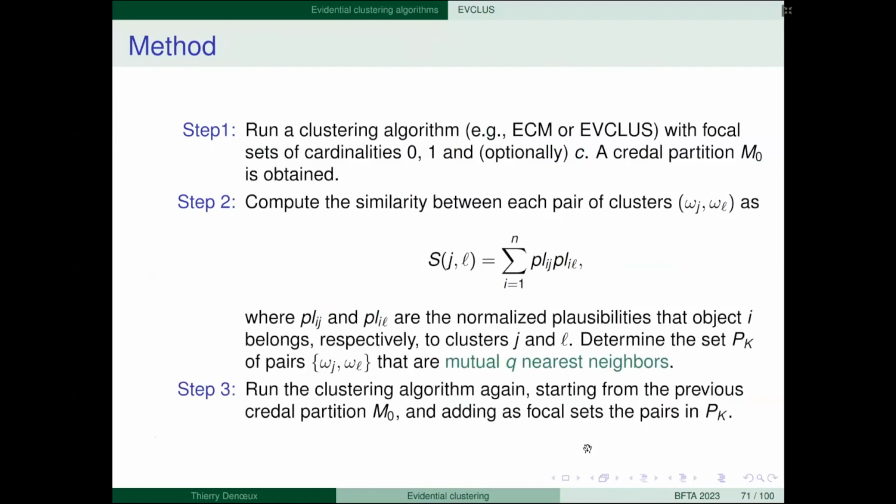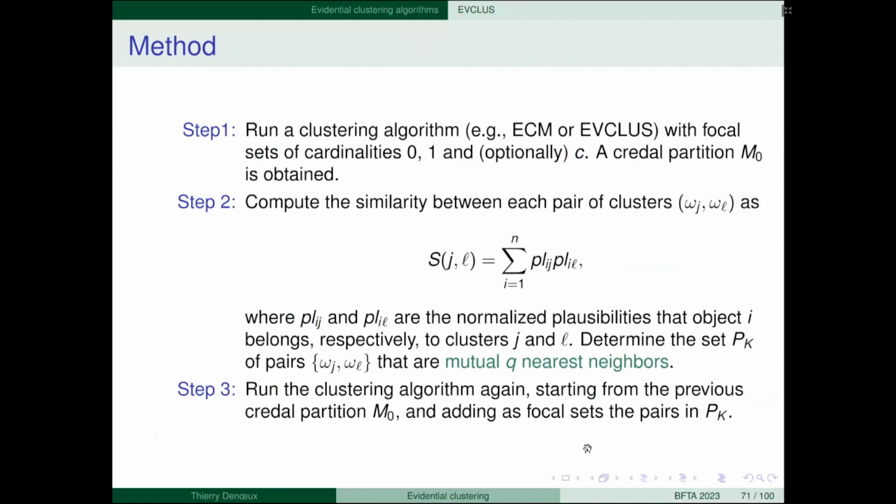Then you compute the similarity between each pair of clusters, and it can be done like this: two clusters are similar if, for all the objects, the plausibilities of belonging to the two clusters are high. So this is a measure of the similarity between two clusters.